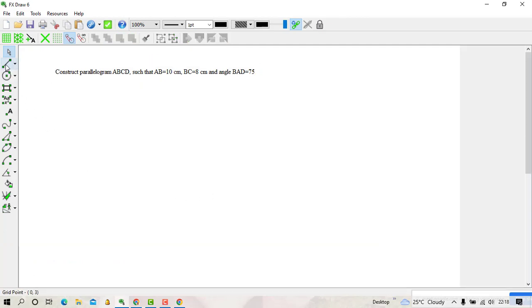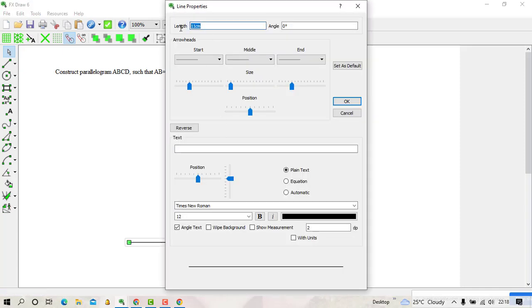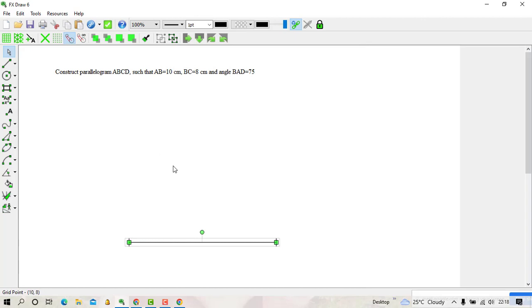The first step, draw a line. Very important. Draw a line. This is my line. The line, if it is AB, it should be 10 centimeter. So I make it 10 centimeter. I put the arrowhead at the start and the end, like that. Then to construct 75, I'll have 90 at point A. So for 90, I'll have to extend this point to this other side, like that. Then here, I'll have a line for 90. Here, I'll have an angle of 60.